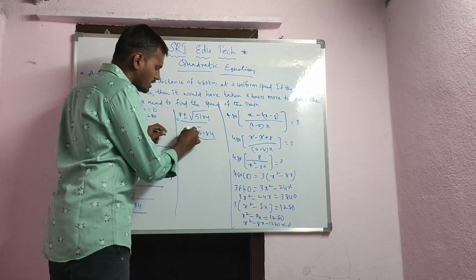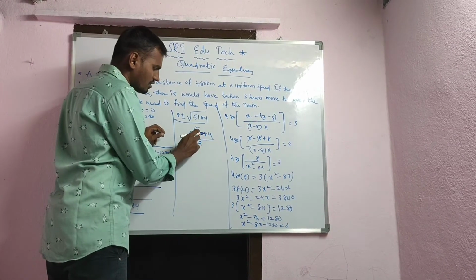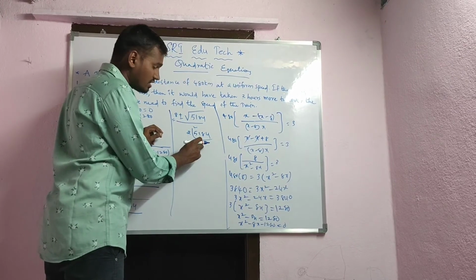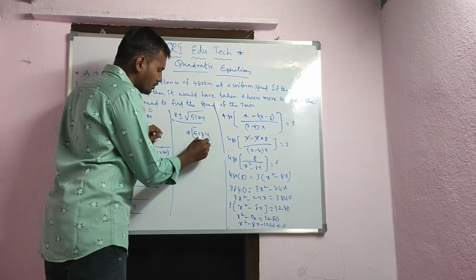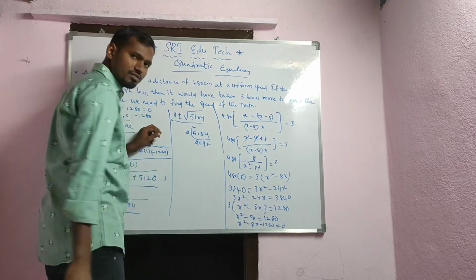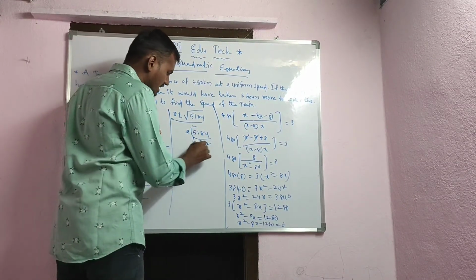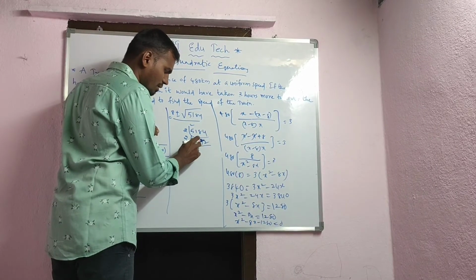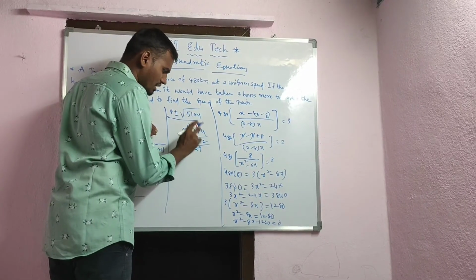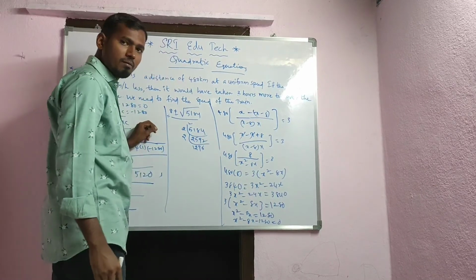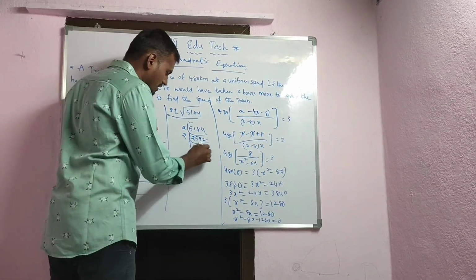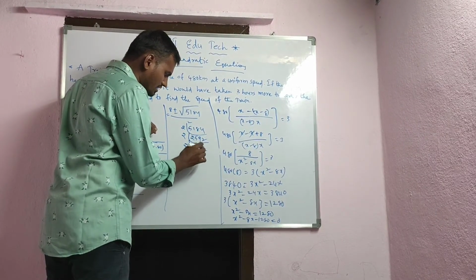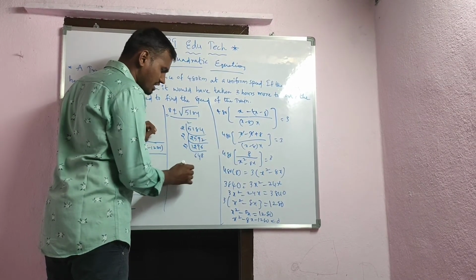See, I am taking first 2, and then 2 2s are 4, 1 remaining. 2 5s are 10, next 1 remaining. 2 9s are 18 and 2 2s are 4. Again I am taking 2. 2 1s are 2. Next 2 2s are 4, 1 remaining. 2 9s are 18, again 1 remaining, and 2 6s are 12. Again I am taking 2, then 2 6s are 12. Then 2 4s are 8, 1 remaining. Then 2 8s are 16 only.